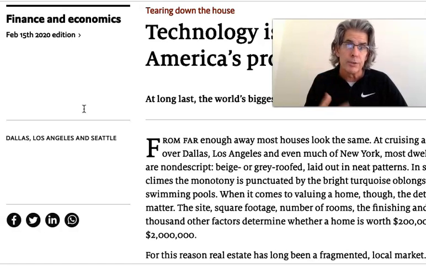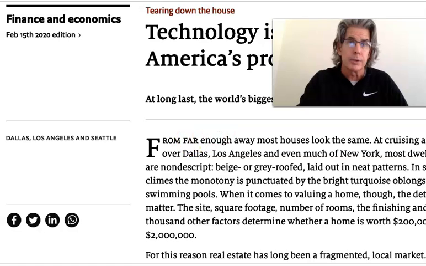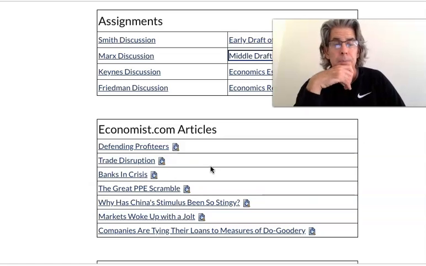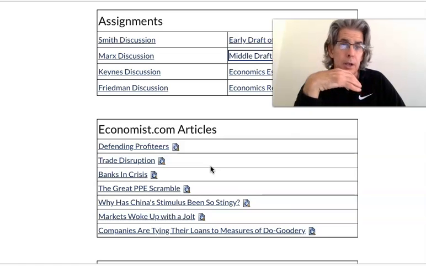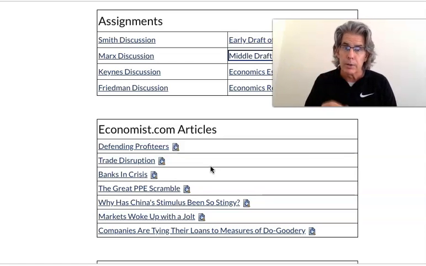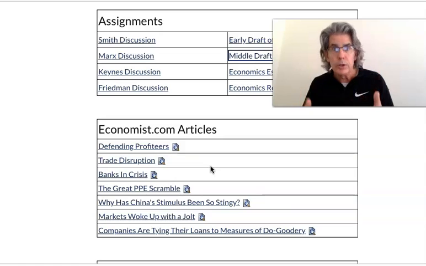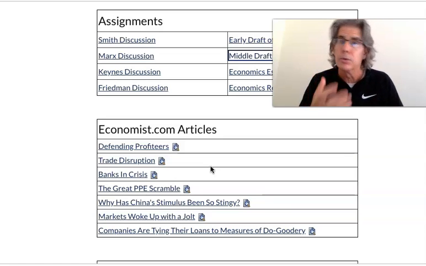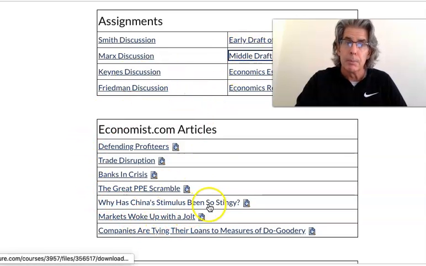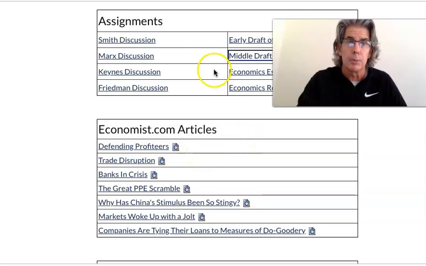And you are welcome to find an article that you want to write about if it's not in my list, and if you want to go off the list, but make sure it's not a blog. In fact, if you do find an article you want to do at The Economist, send it to me, and I'm almost certainly going to approve it because I don't care what topic you write on, as long as the piece is not a blog. Blogs, what they do is they apply a theory to a situation. They're doing what you need to do. So what you need is an Economist news article. Okay? So if you want to go off this list, you're welcome to. But make sure you don't get a blog and send it by me to approve it, okay?